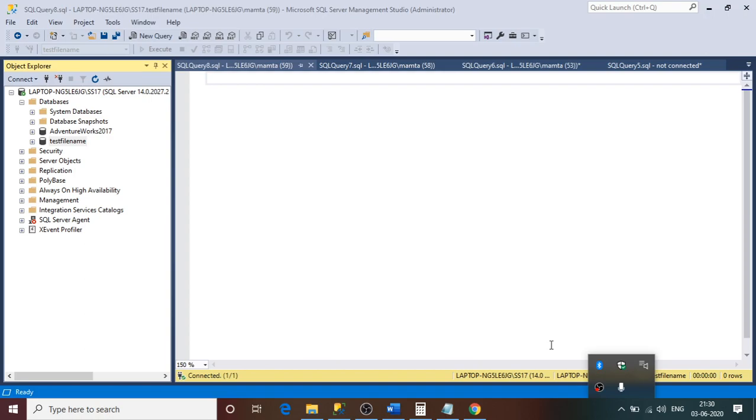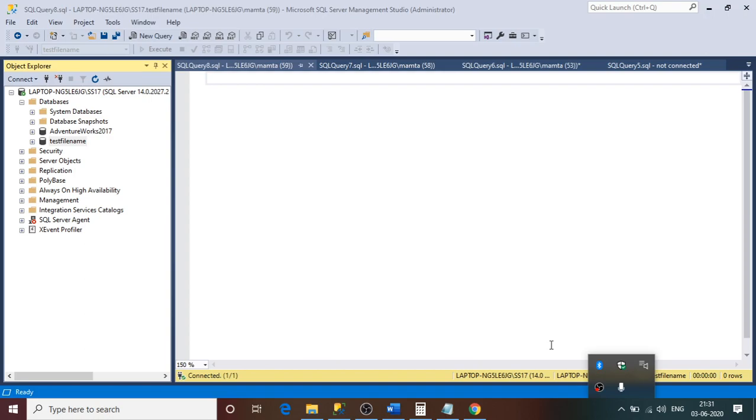Okay, as we know, whenever we create a database in SQL Server, by default SQL Server will create two files on the backend. One is the primary data file, which has the extension .mdf, and it will create one log file, which usually has the extension .ldf. So as we know, mdf stands for master database file, and ldf stands for log database file. So whenever we create a database, two files will be created on the backend, which is very important.